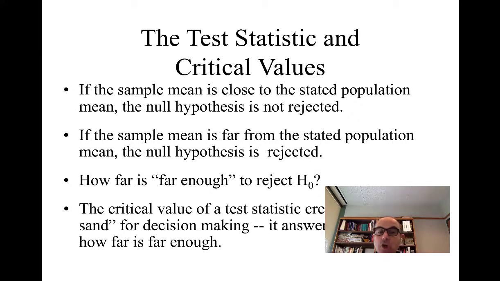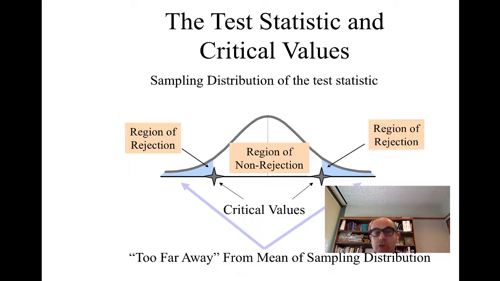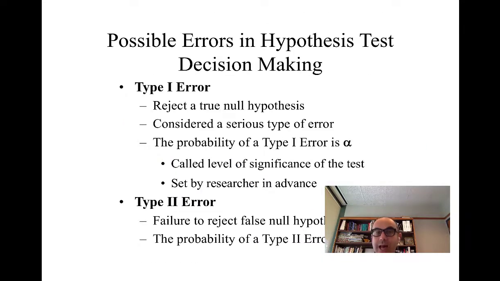Again, the issue of the critical value is where we determine the answer to this question. So again, the t-statistic and the critical value: in this case, this is too far from the mean of the sample distribution, and how to do that. We also, in the hypothesis, have the idea of how to overcome